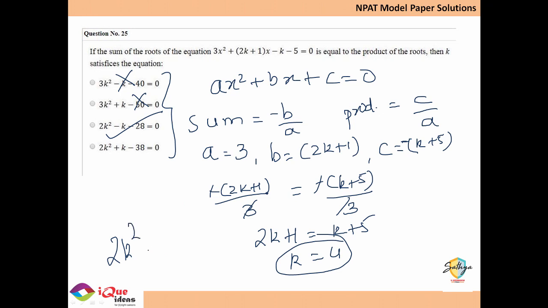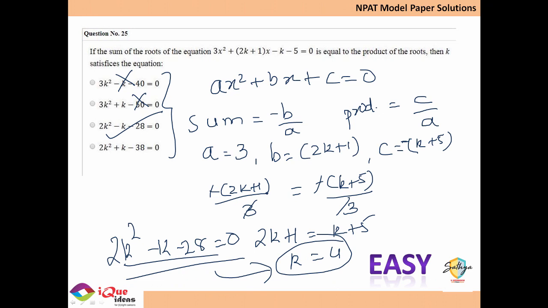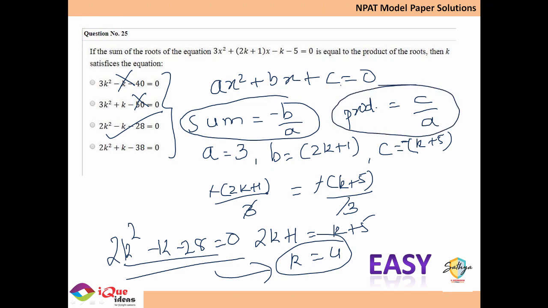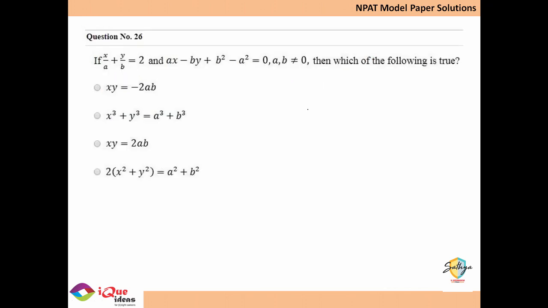So 2k square minus k minus 28 is equal to 0 is the equation which is satisfied by the value of k is equal to 4. Now, relatively an easy sum. The funda that you have to keep in mind is that the sum of the roots is minus b by a and the product of the roots is c by a. Now, here in the next problem, we are given that